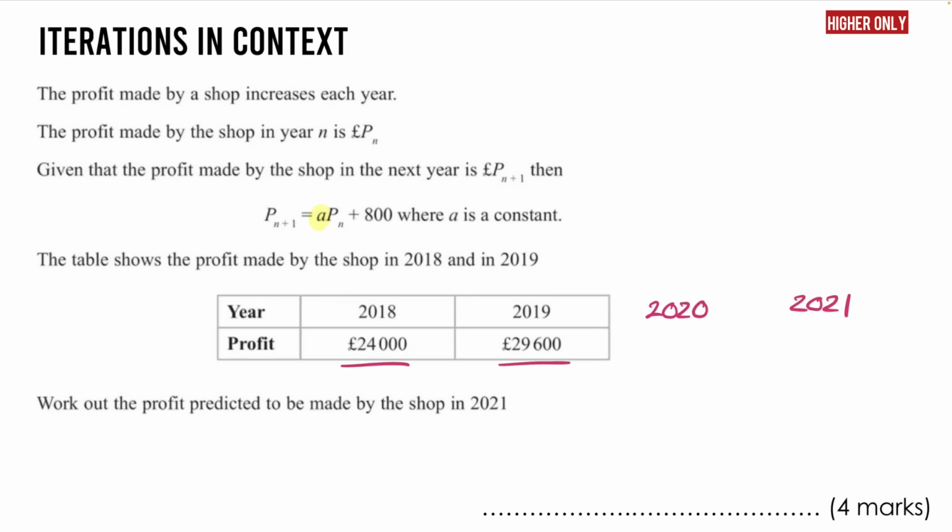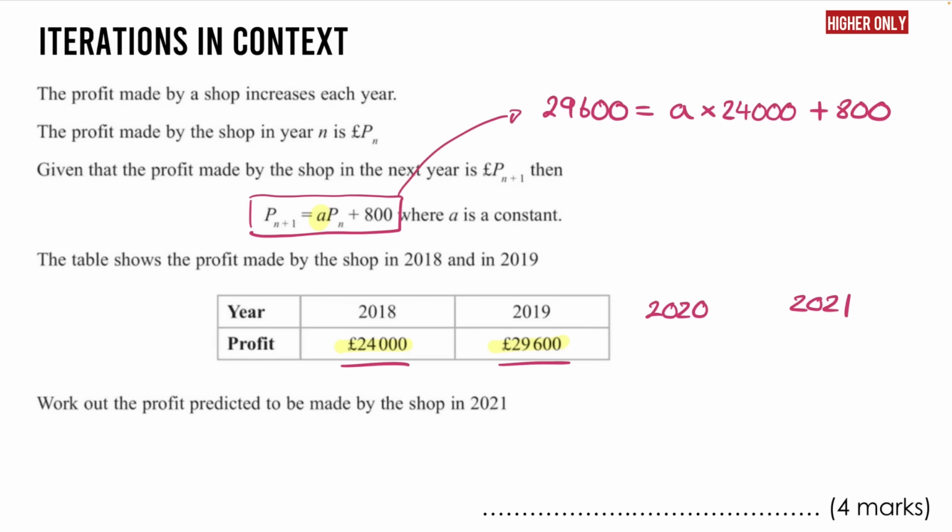Now we're going to use these two values because this is the next number from the first year, and this was the current number in the first year. And if we put those pieces in place in our formula, we get the answer, which is 29,600 was equal to A times the current number, 24,000, add 800. Now let's get rid of the 800 and see what the current number times A would have equaled. So minus the 800, and let's just do that on a calculator, even though it's not too bad. It just dropped down by 200 underneath the 29,000, but 28,800 is equal to A times